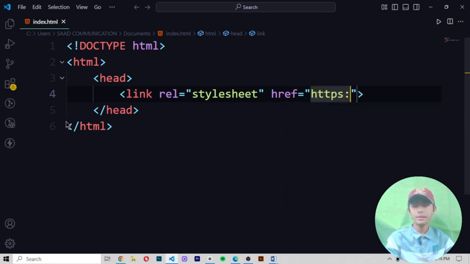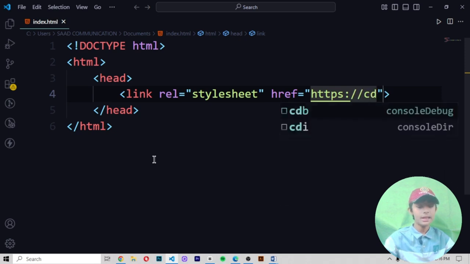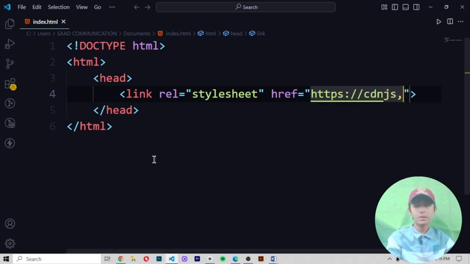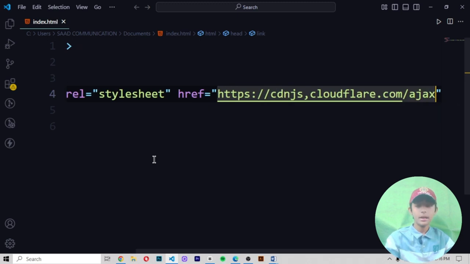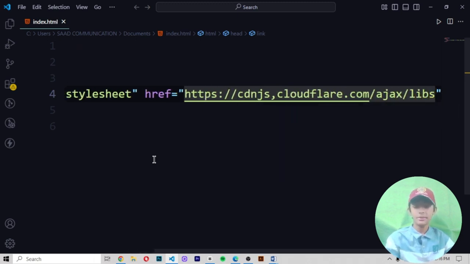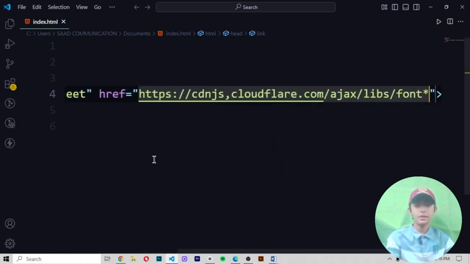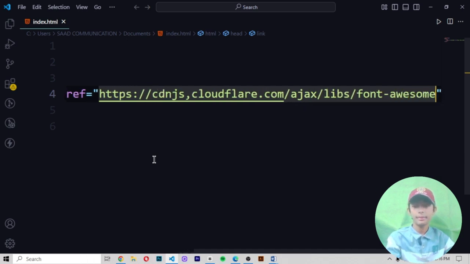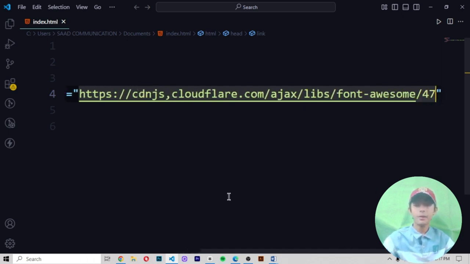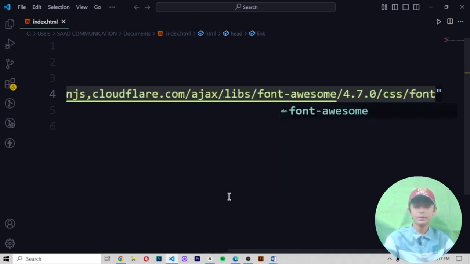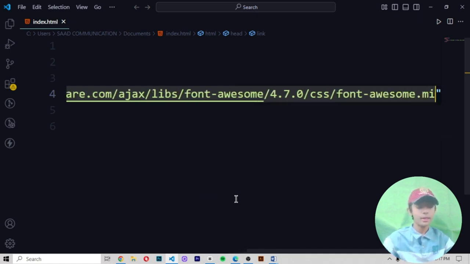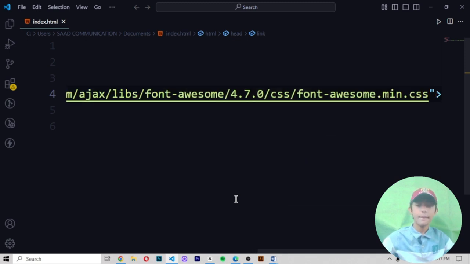Okay, https://cdnjs.cloudflare.com, then slash ajax, then slash libs slash font-awesome, then slash 4.7.0 slash css slash font-awesome.min.css. Perfect.